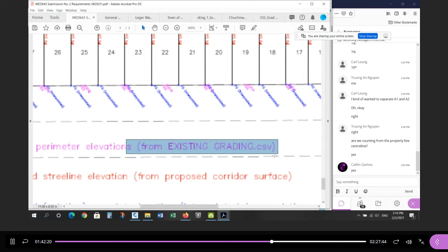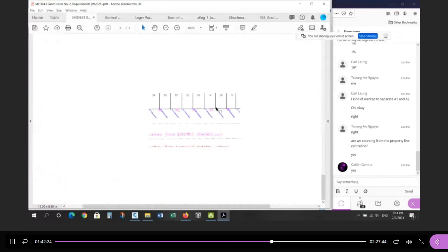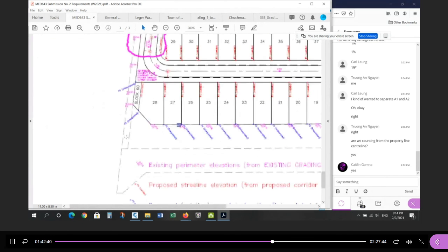So this comes from a CSV file, you just import them, and then you have to interpolate. Let me see a good example because it's cluttered, right? If I know this elevation and I know this elevation, then this is interpolated between, right? If from here to here is down at 1%, then the slope from here to here is down at 1%. It's interpolated between these 2. Okay, so you have to interpolate everything in blue